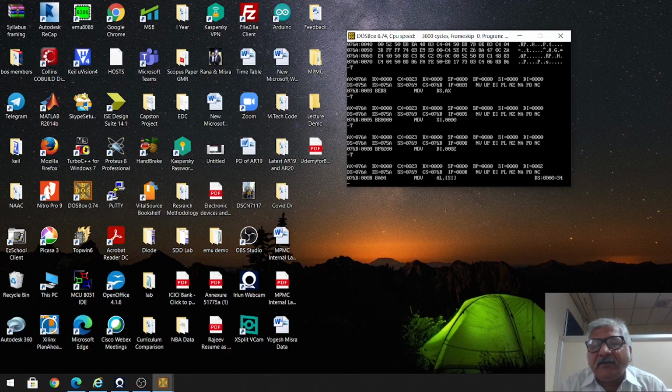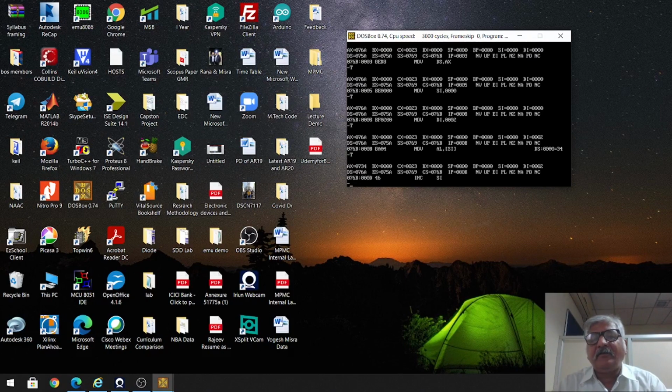Now in 076A, 6A is the part of AL. So this 6A will be replaced by 34. Now you again check AX register. What is there? 0734. So 34 is in AL, and this 34 is your first number which has to be added with the second number.